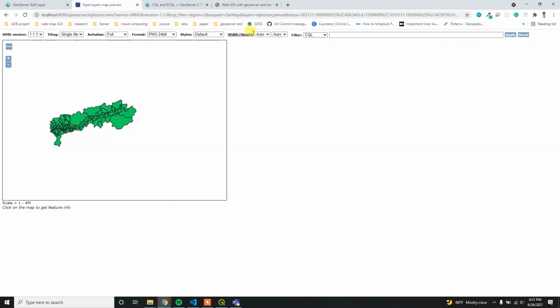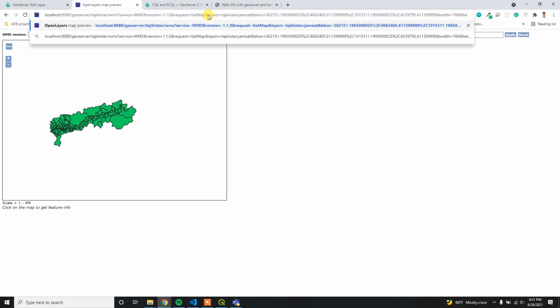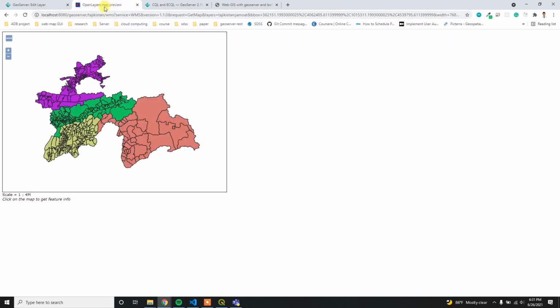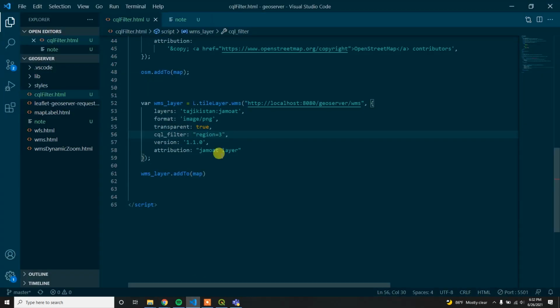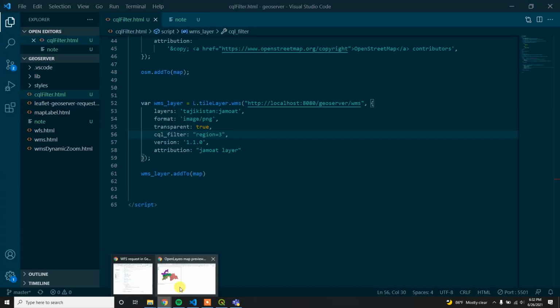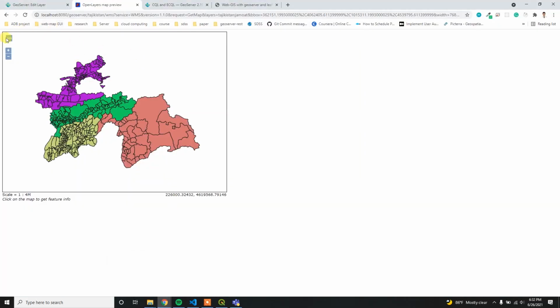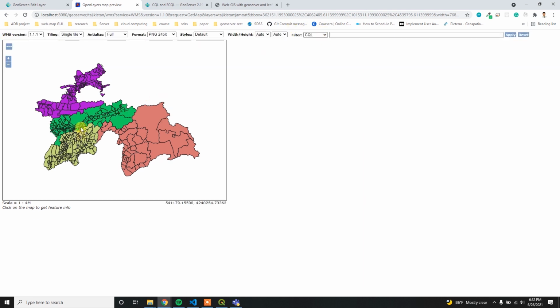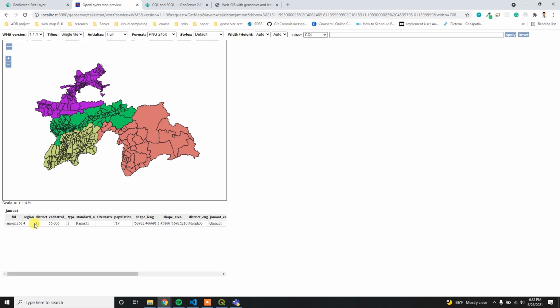The best way to test this filtering is to check here in the OpenLayers map preview tab, and then simply apply the same condition over here. So let me go to the OpenLayers tab, and now I'll filter based on district. Maybe district is also an integer field.